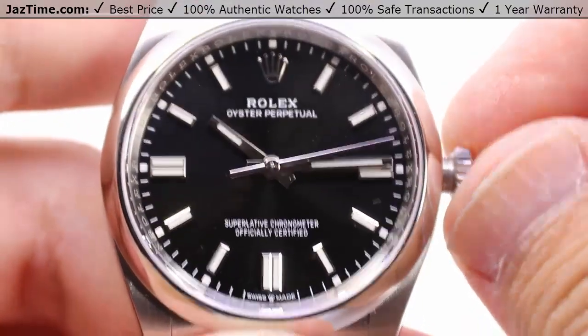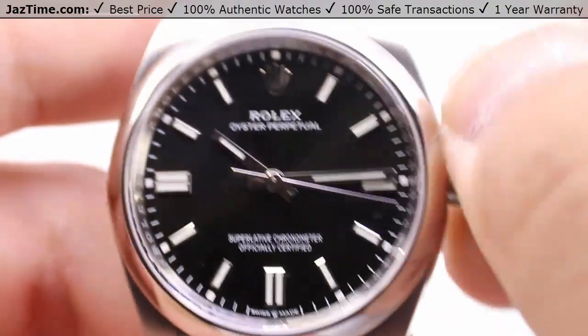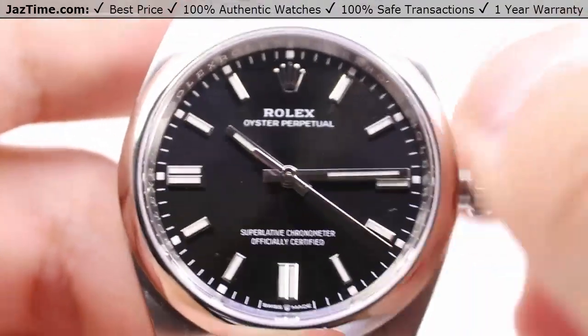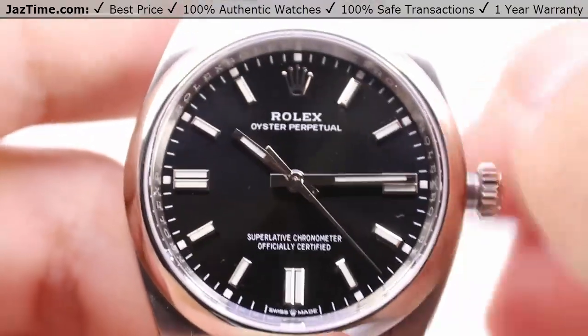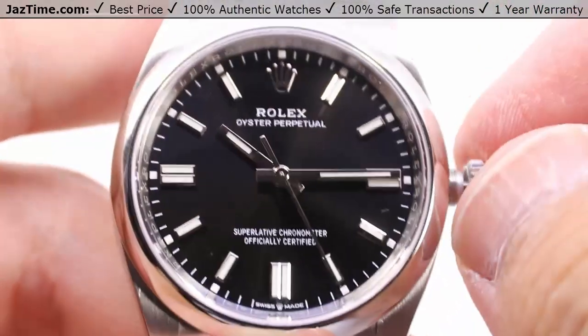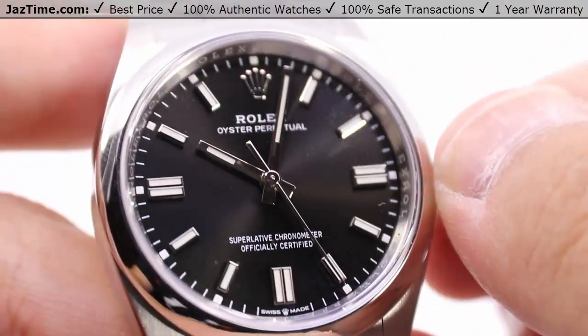You can simply wind the watch by unscrewing the crown, and at the first position, about 20 to 30 full winds is all you really need to get to the full power reserve if you are at a dead stop. Simply pull the crown out to the only other position. You can then stop that seconds hand, giving you that hacking function,